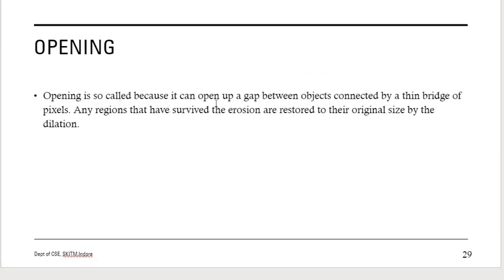Opening is so called because it can open up the gaps between objects connected by a thin bridge of pixels. Any region that has survived the erosion is restored to its original shape by the dilation.